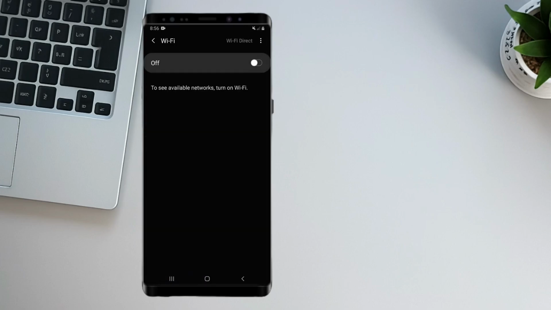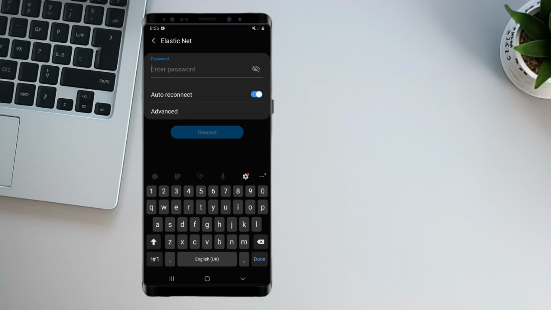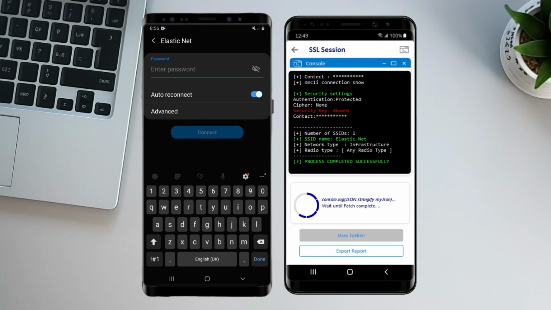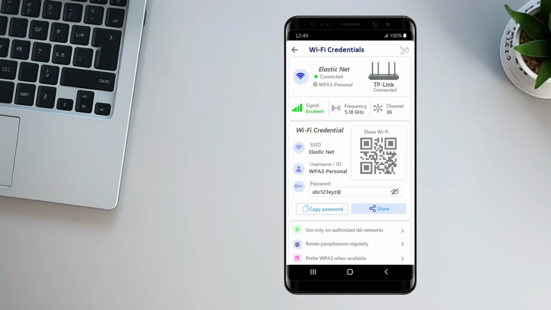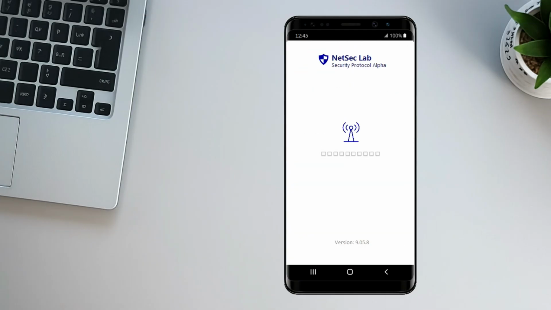You won't believe what this Wi-Fi testing tool can reveal. From network details to hidden vulnerabilities, everything is exposed in real time. Let's start. Download and install NetSec Lab and open it up, and you'll see the loading progress bar appear on